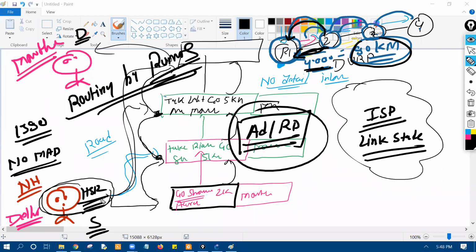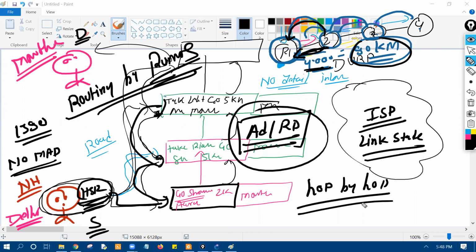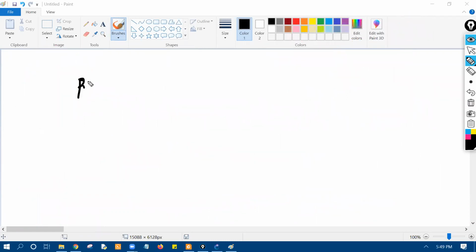Same thing. Right now, HSR only has knowledge about Agra, right? Agra has knowledge of Bellandur. Bellandur has knowledge of Marathahalli. They only know the hop by hop information. If I'm talking about a complete map, no map. They don't have detailed information about the network. If you're going to implement EIGRP in this case,